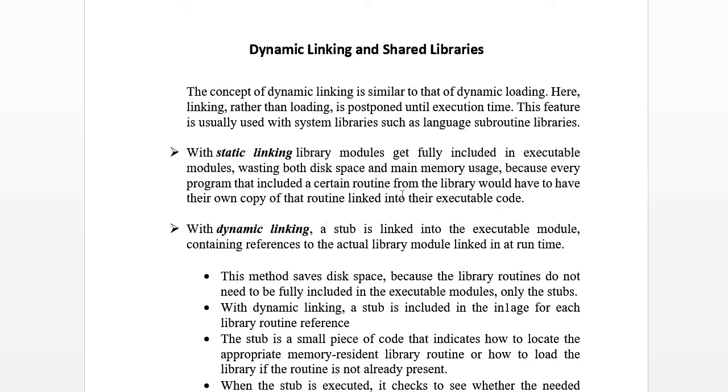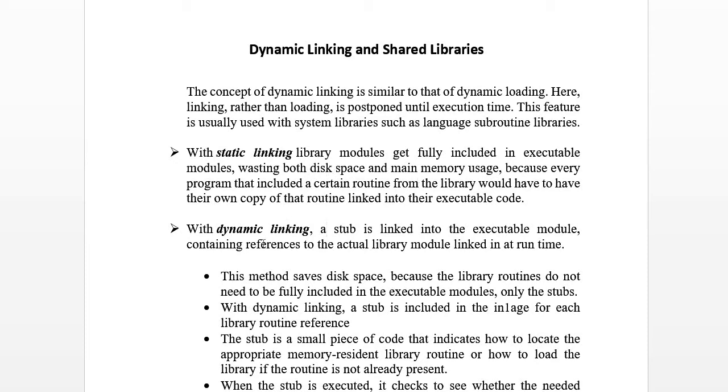Here we have two types of linking. Basically, we are going to link the functions to the system libraries where their information is stored. Static linking is the result of the linker copying all the library routines used in the program into an executable image or module. This wastes both disk space and main memory.